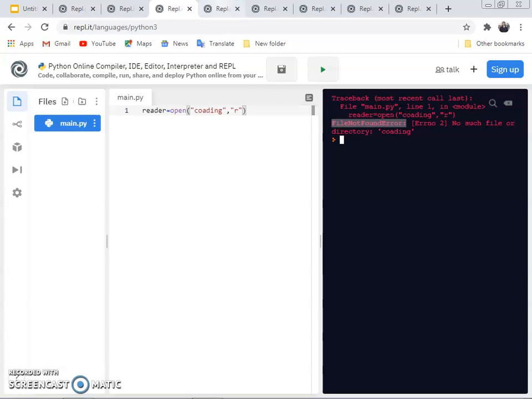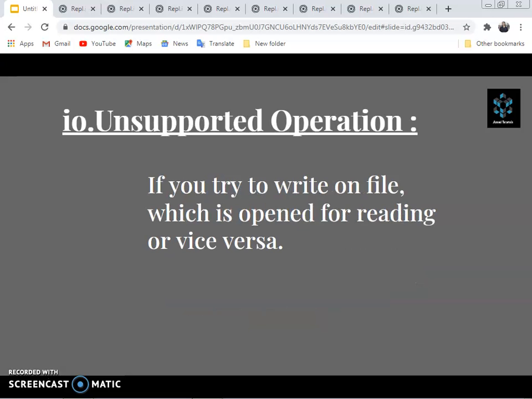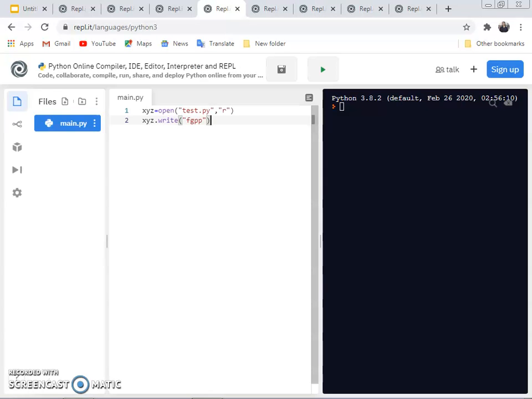Now let's have a look onto another error, which is IO unsupported operation. If you try to write on a file which is open for reading or vice versa, then this error occurs. Here's the code. In this, we are opening a file named test.py in read mode, and in the second line we are trying to rewrite it. Now let's run this code,